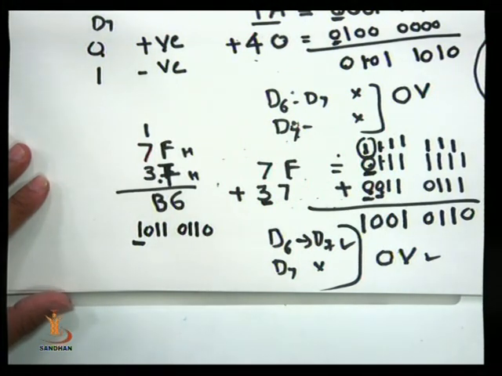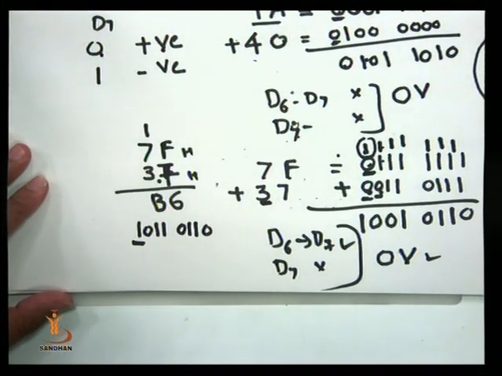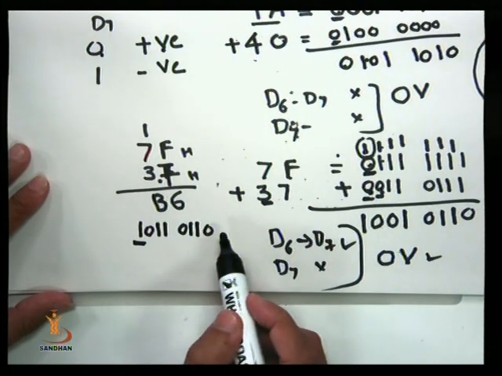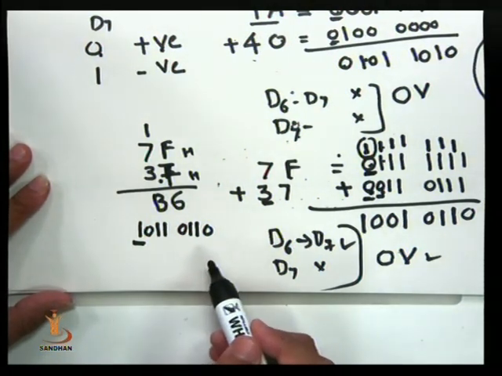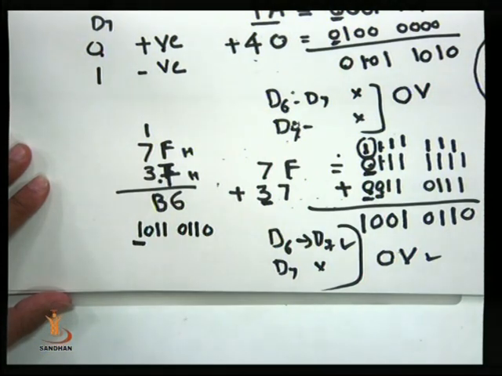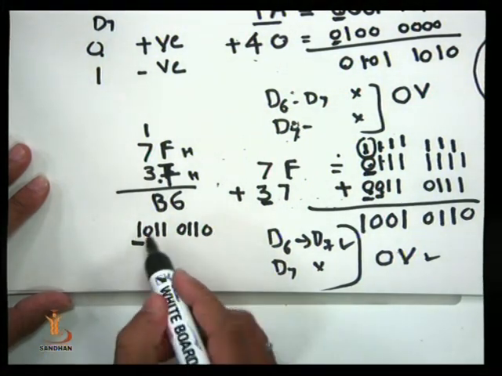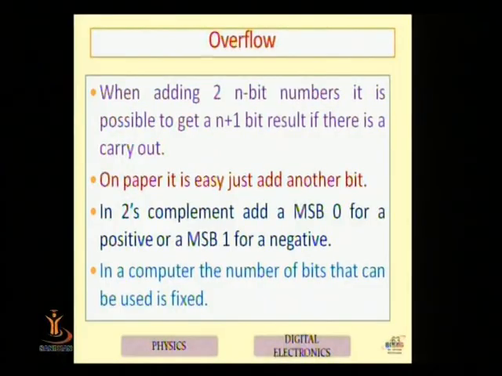It means you are adding two numbers, both positive. You should get a positive answer, but what you are getting is a negative answer. It means it is wrong. Wrong? Yes. It means overflow is there. So when will you find overflow? If your result is not generated properly for the given type of processor. Basically overflow is not for the normal operation. When you work with the processor, you find such types of problems. So this is all about overflow.